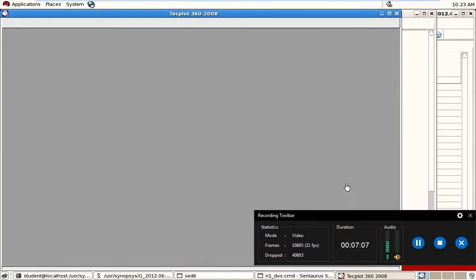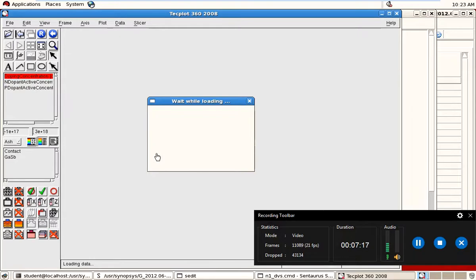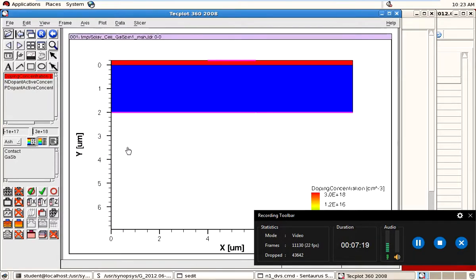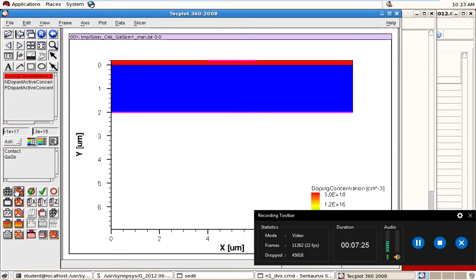So both windows are open. Okay, yes, it's working now. Okay, this is a Tecplot window. Click on meshing and off meshing, and if we are working with an analytical profile placement, then we can find the doping distribution.